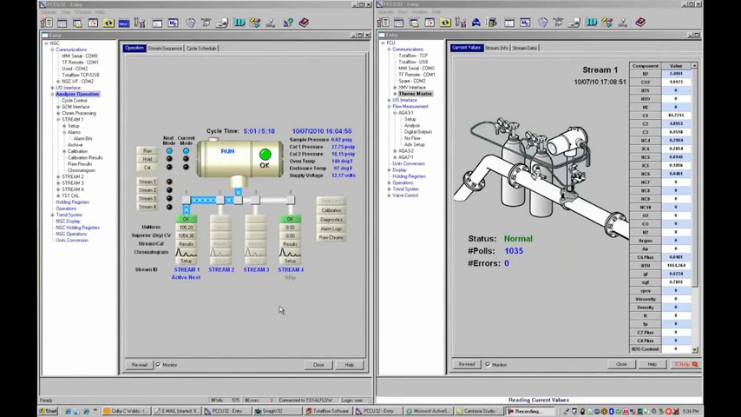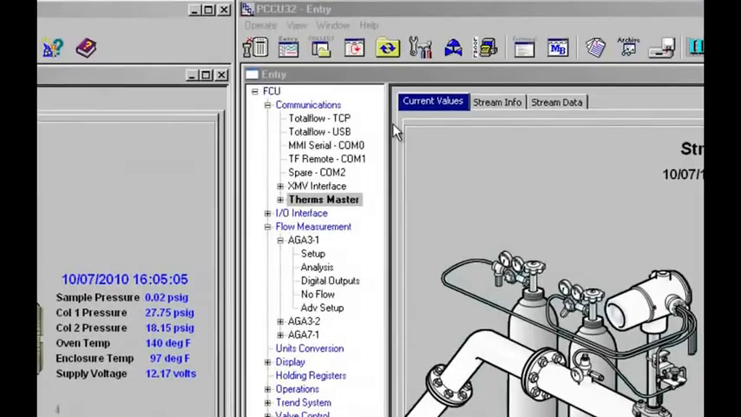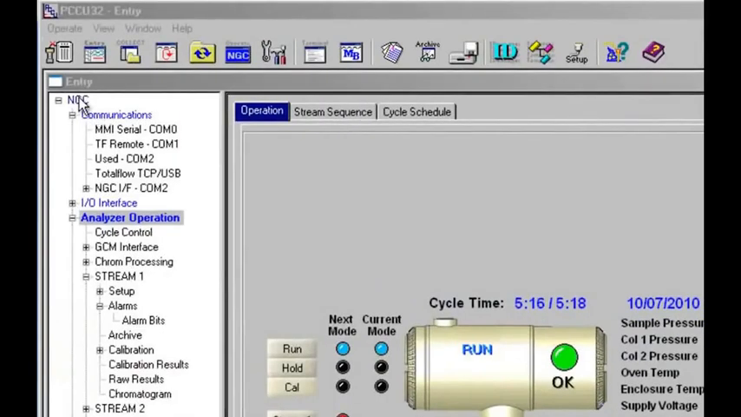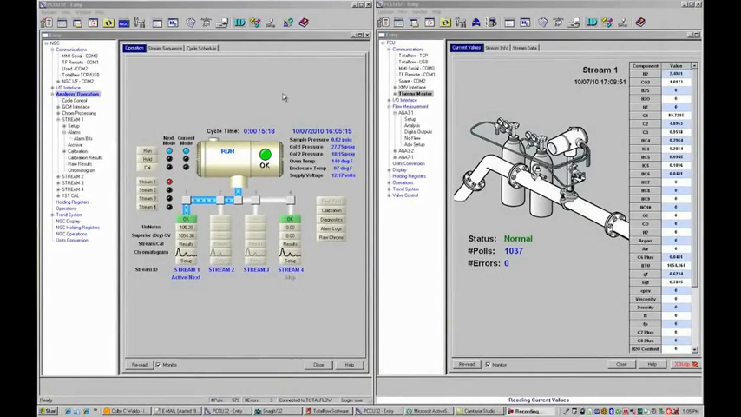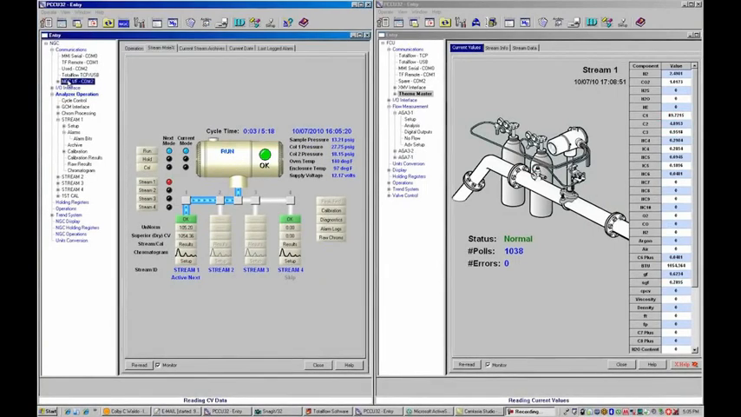Okay, the purpose of this lab is to show the relationship between a G4 flow computer and an NGC chromatograph. What we're looking at here on the right is the FCU, and over here on the left is the NGC. I just want to show you the setup connections for both. So on the left, if I go to NGC interface,